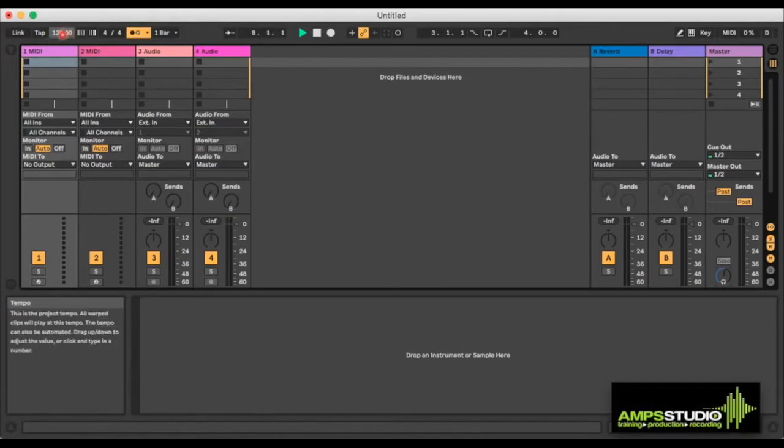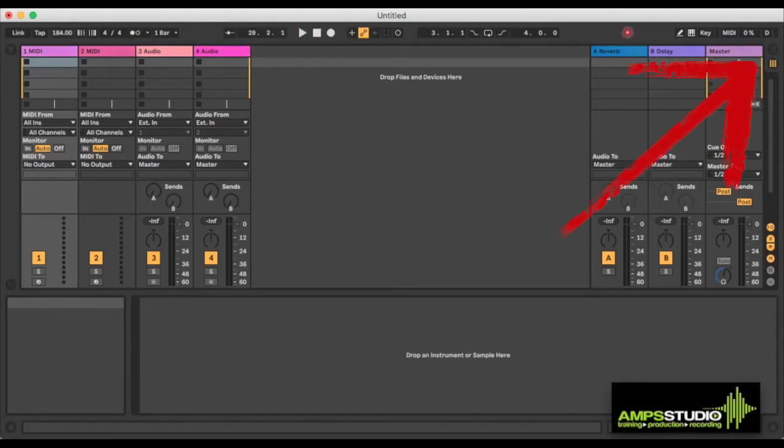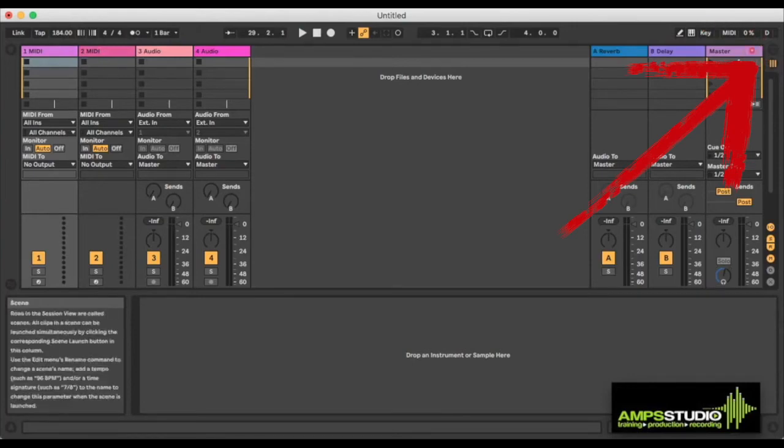Now I could drop that rate down and make it much slower, in this instance 65, or if I wanted to do a little bit of trance, take it up to the 130 region, 140. If I wanted to do some drum and bass, I might take it up to 180. If we then scroll all the way across here, you'll notice that at the top right hand we have two